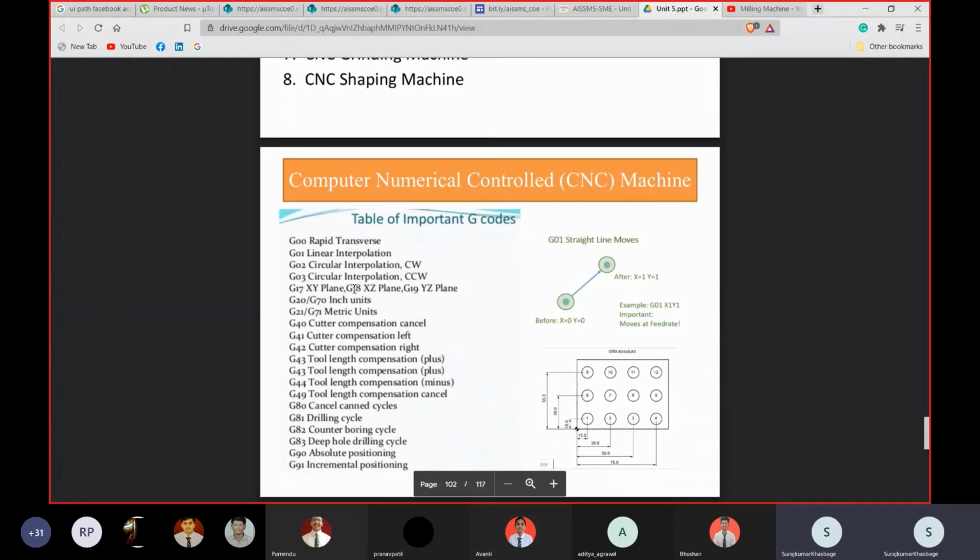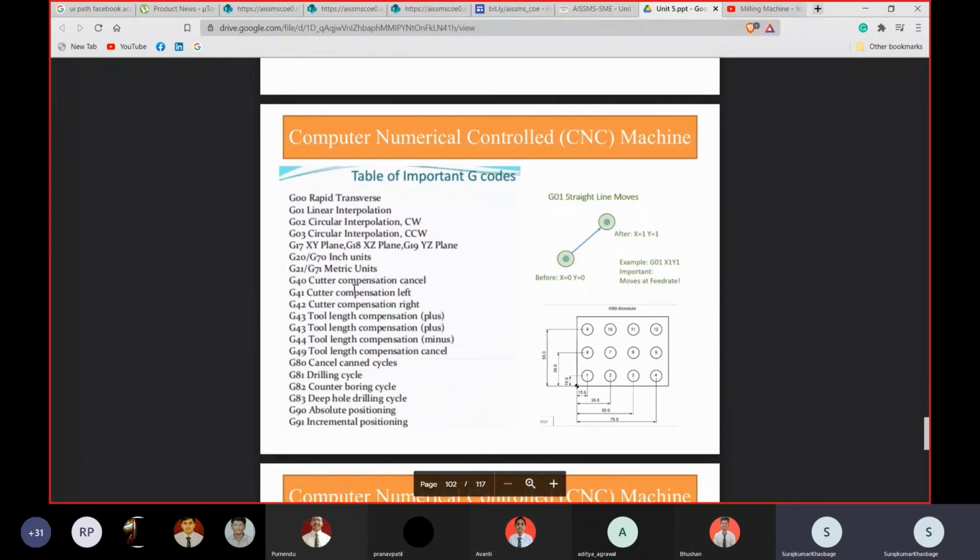Likewise, if any manufacturing operation is controlled with some computer program, it is called a CNC operation. So how are these CNC machines going to work? They work with the help of some computer program. We have to give some command. We have to first train our CNC machine that this particular command is for this particular operation.